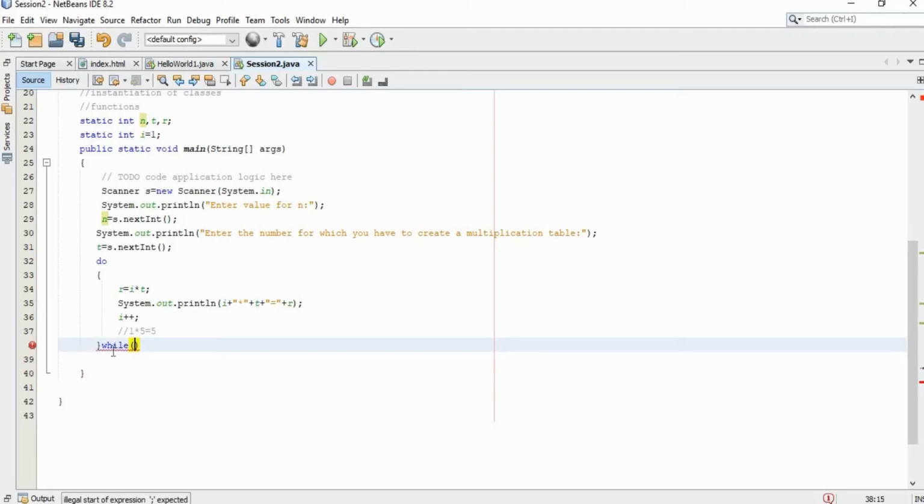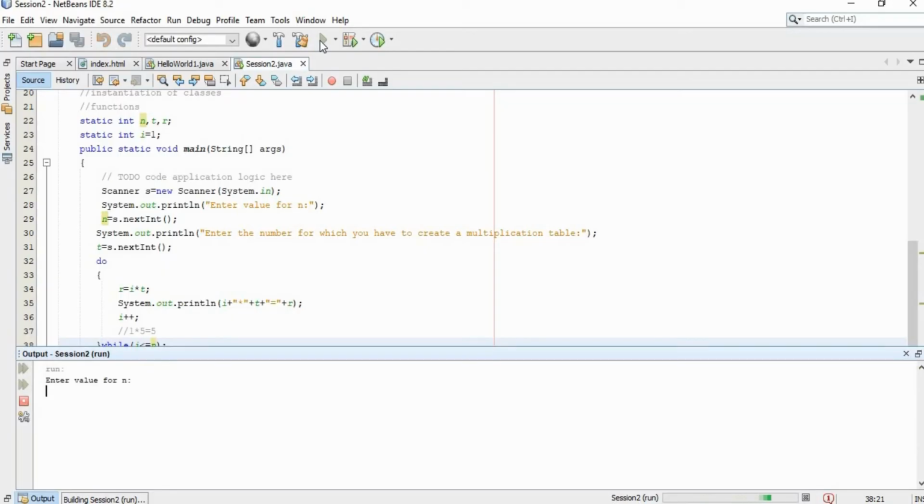Here I am going to provide the condition: i is less than or equal to n, and a semicolon, right? Now run this program, we will get the same output, right? I am giving the end limit as 10 and my table is 5. So 10 into 5 is equal to 50, right? The difference between while and do while is, while loop is an entry check loop which checks the condition even before executing, whereas do while is an exit check loop. It will check the condition after printing, so your do while loop will get executed at least once even if the condition is false, right?